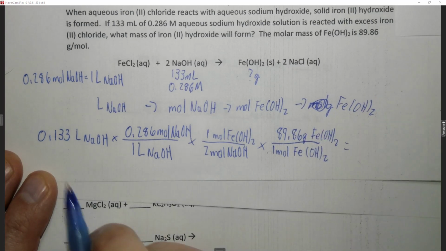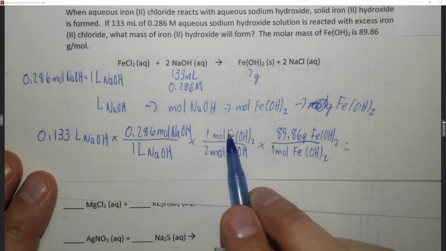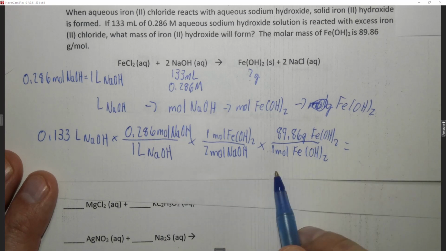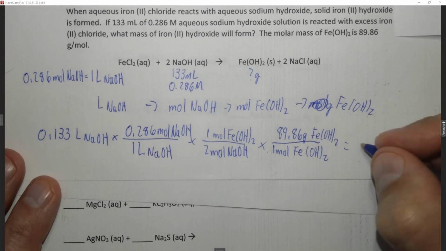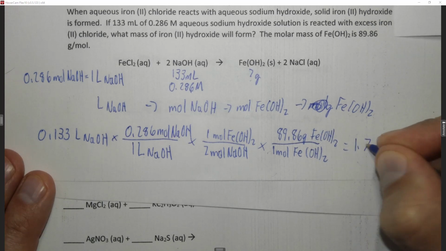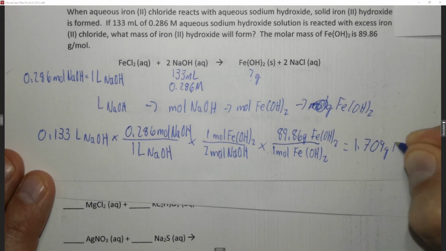Fe(OH)2 on the top. Multiply by the top, divide by the bottom, multiply by the top, divide by the bottom, repeat to the end. And when you do this and you have 4 significant figures, you get 1.709 grams of